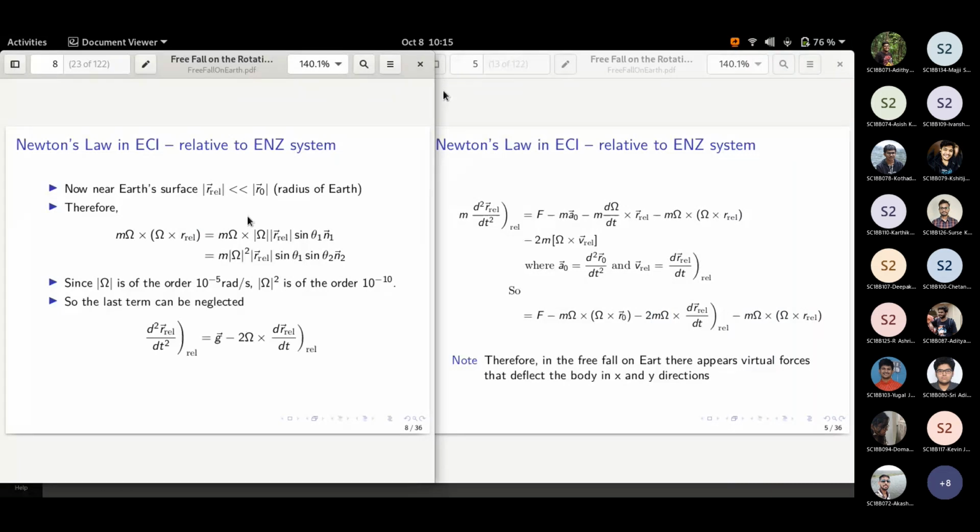So this term we will be neglecting, and what remains is only the Coriolis. Coriolis force is the only significant quantity, and the velocity of the vehicle is reasonable. When compared to the Coriolis, the omega cross RL quantity is significantly less, 5 orders lesser than 2 omega cross d RL by dt in the relative rate.